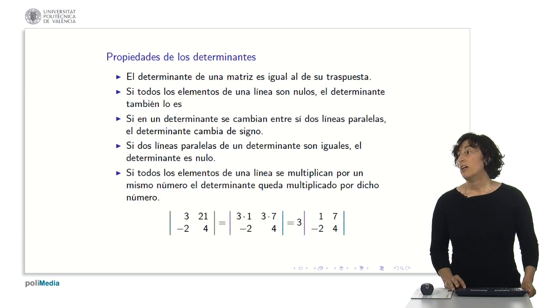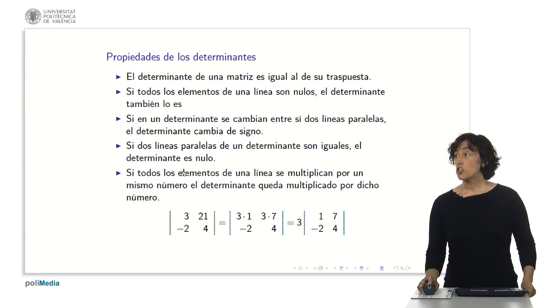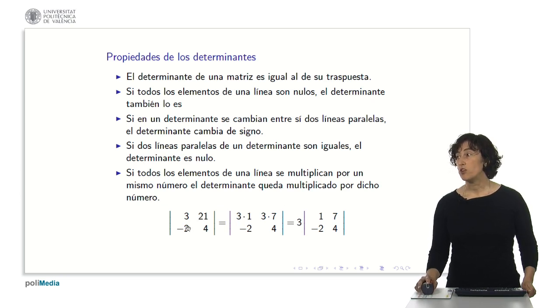The next property tells us that if all the elements of a line are multiplied by the same number, that is, as if it could take out a common factor, then the determinant is multiplied by that number. For example, 3, 2, 1, minus 2, 4, as you can see here, there is a 3 that I can take out as a common factor. This is 3 times 1 and 3 times 7. Then I can take out this 3 and multiply it to a determinant with smaller numbers, which is easier to